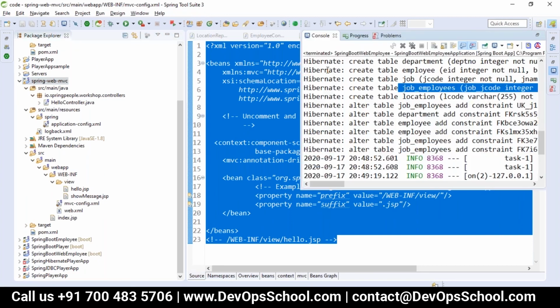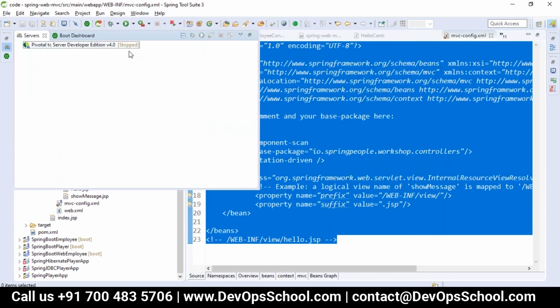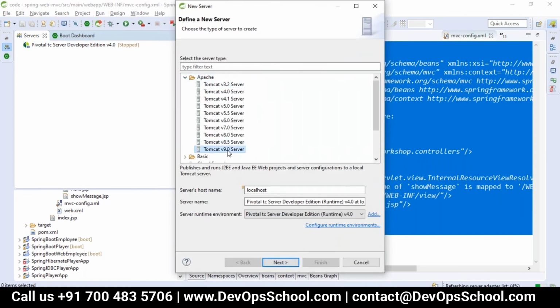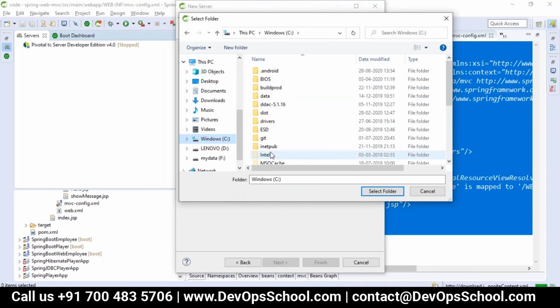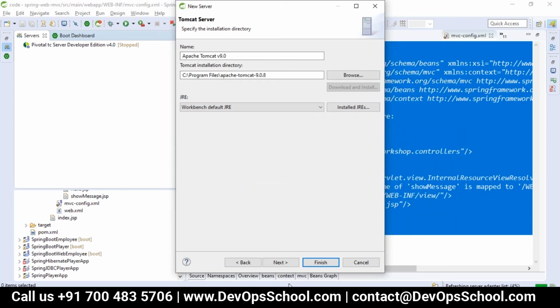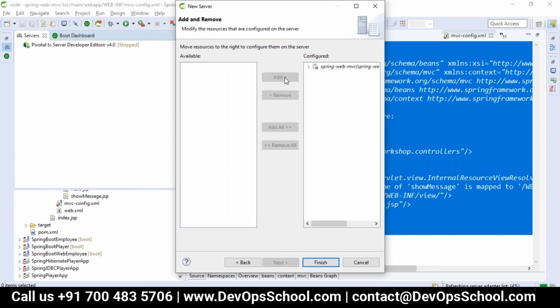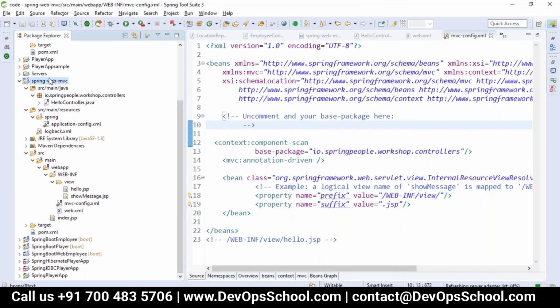First, let me add the server here to show the Spring Web MVC code. I just added the external server because it is not a Boot project.